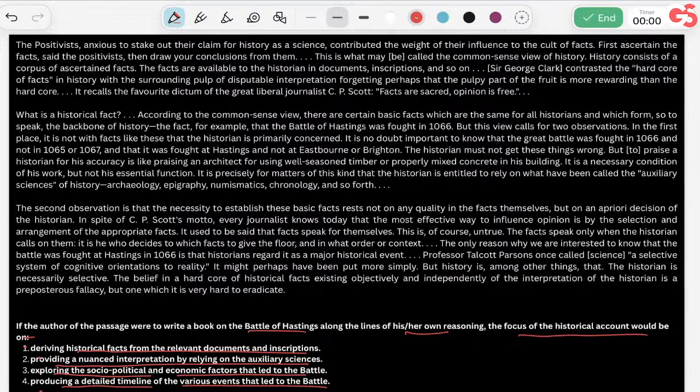If the author of the passage were to write a book on the Battle of Hastings along the lines of his or her own reasoning, the focus of the historical account would be on. अच्छा सवाल है ये।